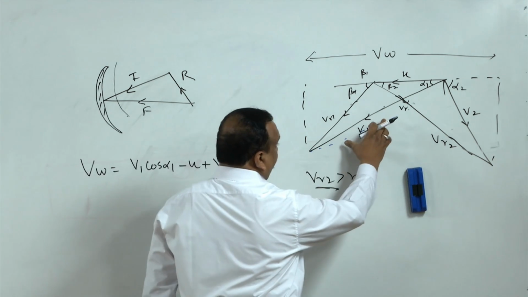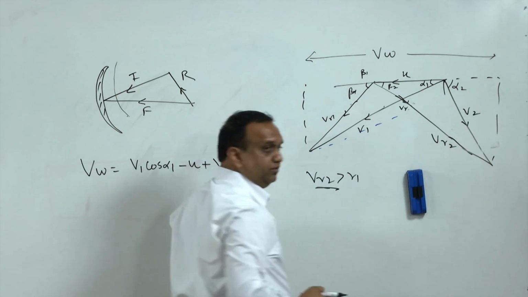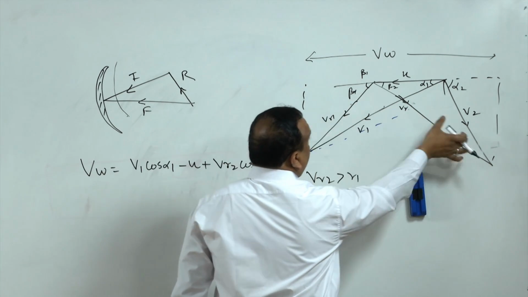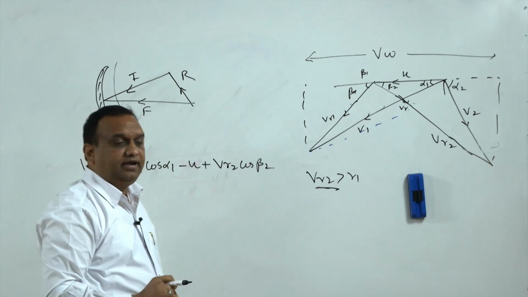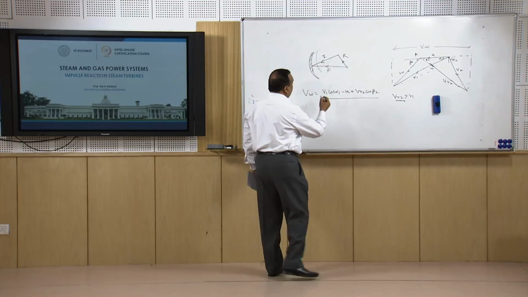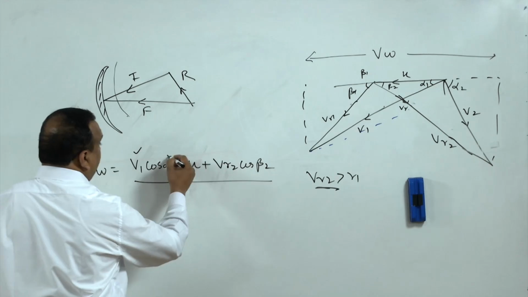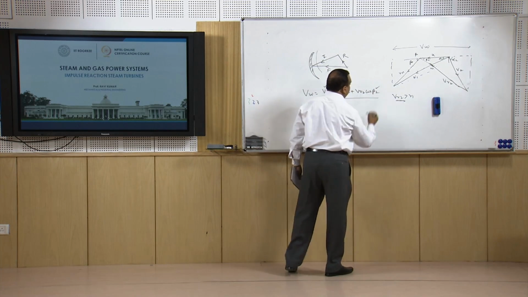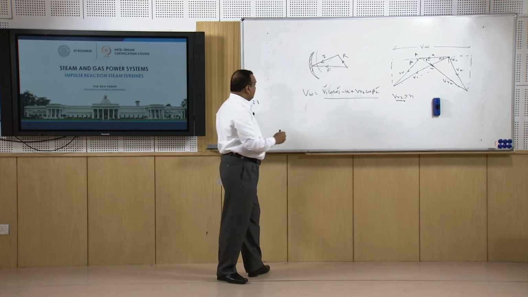Suppose we have absolute velocity at inlet and outlet, then it is going to be V1 cos alpha 1 plus V2 cos alpha 2. If we have relative velocities at inlet and outlet, then VR1 cos beta 1 plus VR2 cos beta 2, right. But normally it is taken like this, because in actual practice in most of the cases we know the absolute velocity at inlet and nozzle inlet angle, that is measurable, it is always available, and blade exit angle. That is why this expression is chosen to find the whirl component of the velocity,